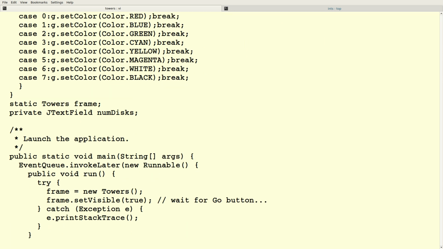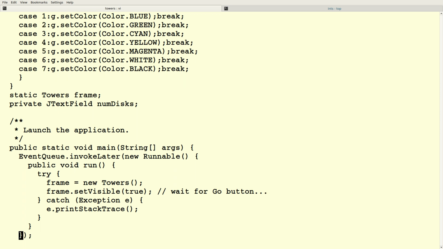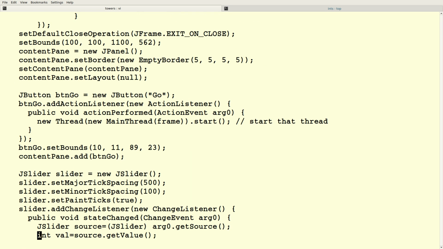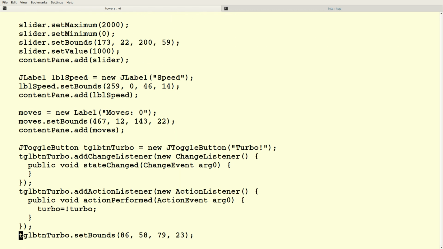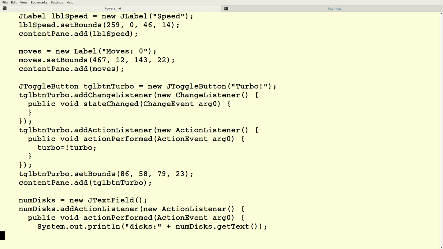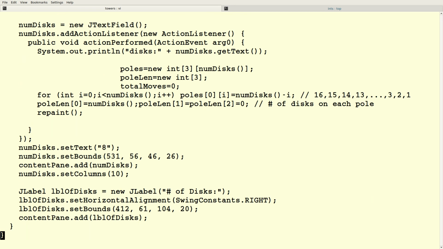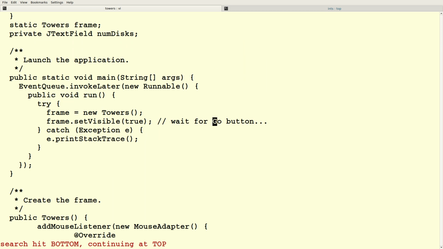And this is the usual main method you get from Window Builder, and it creates a new towers object, which is a JFrame, and makes it visible, and that's all it does. But I have a number of buttons on the frame, including a go button. Where's my go button?